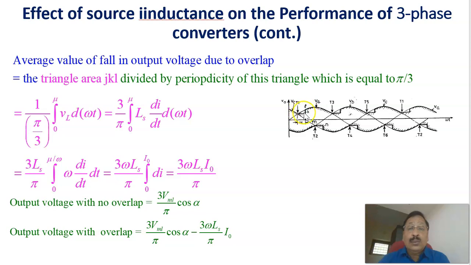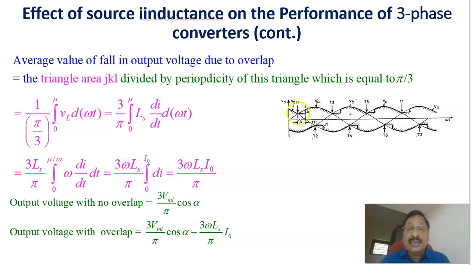Now you have to calculate how much voltage is dropping because of the inductance at the source side. That's the source side inductance. What is the drop here? That is this triangle. You have to calculate the area of this triangle. Then we have to subtract that one. To calculate the area of this triangle, we can say that the average value of the falling output voltage due to the overlap, that is because of this area. This area, that is the falling voltage because of the source inductance, equals the triangle area JKL